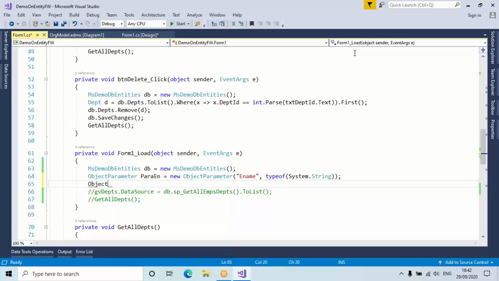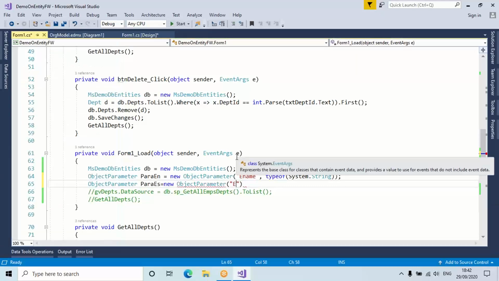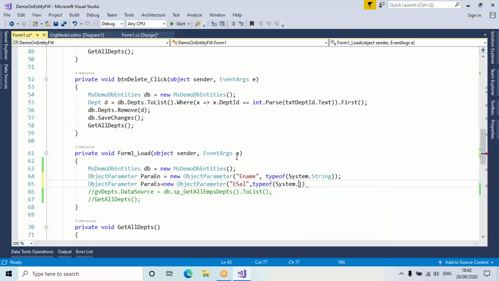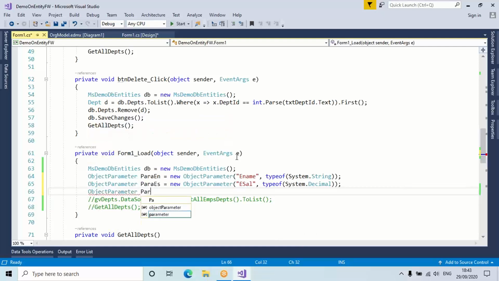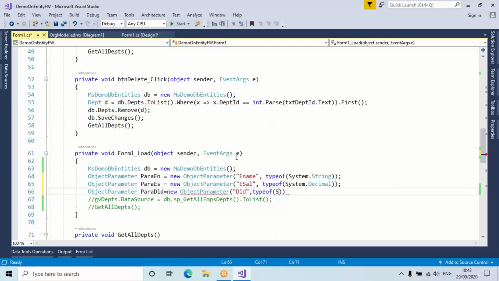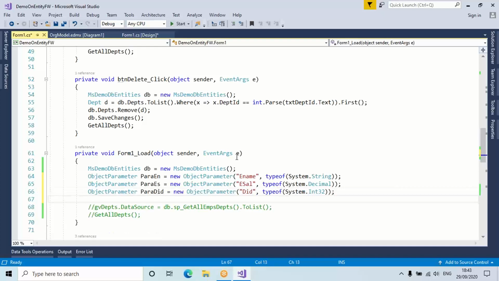Second parameter, object parameter, parameter salary, new object parameter, esal, with S also capital, comma, typeof System.Decimal; semicolon. Object parameter, parameter did equals new object parameter, did, comma, typeof System.Int32; semicolon. Three parameters. Now you have to say db.sp_